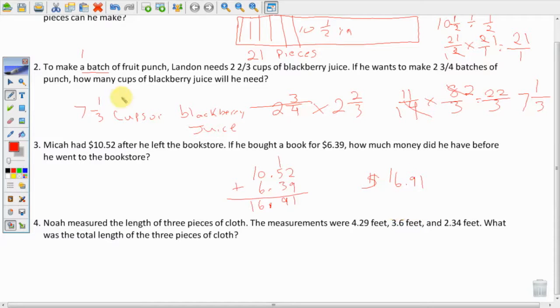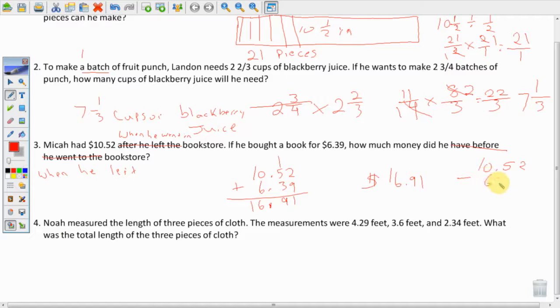Alright, so if we rephrase that problem though, and say that he had $10.52 when he went in, and he bought a book for $6.39, how much did he have when he left? So now he starts out with $10.52, bought a book for $6.39. How much does he have when he leaves? So I can take $10.52,